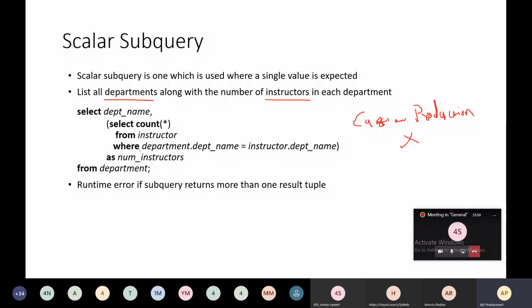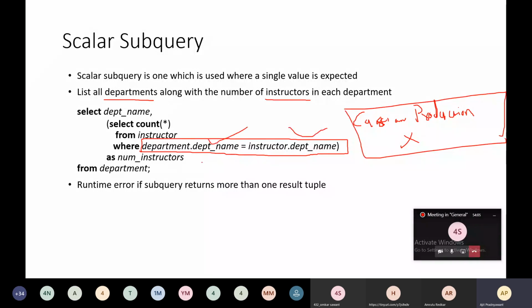This is nothing but the Cartesian product. First of all, it will do the Cartesian product of both relations based on the department column, and then it will check for equality. Those equal tuples will be retrieved, the count will be applied on them, and then you will get the result as the number of instructors.